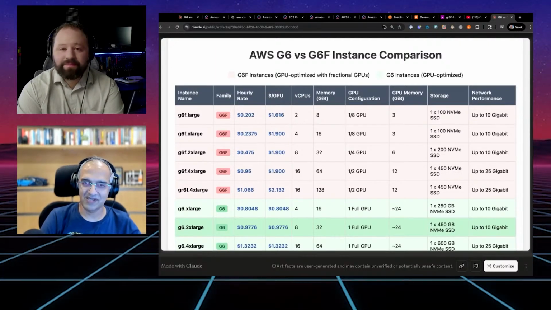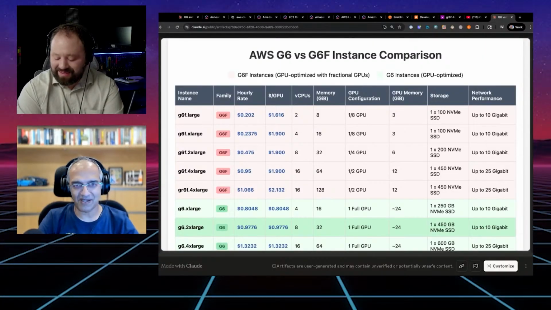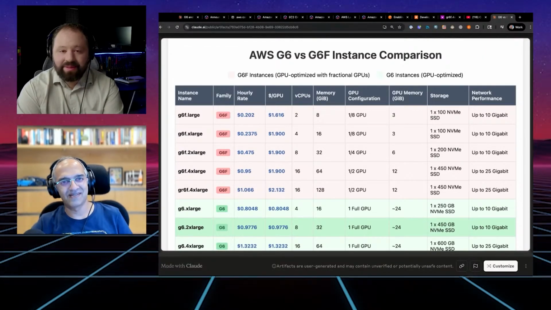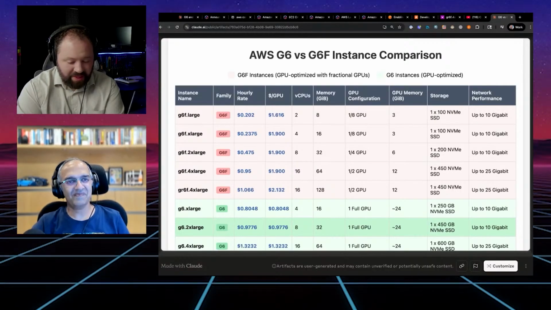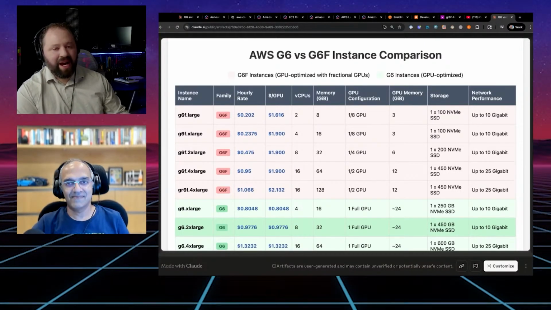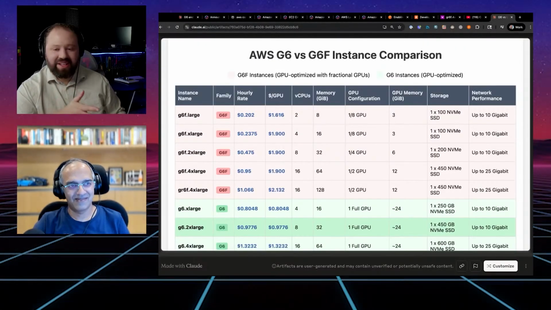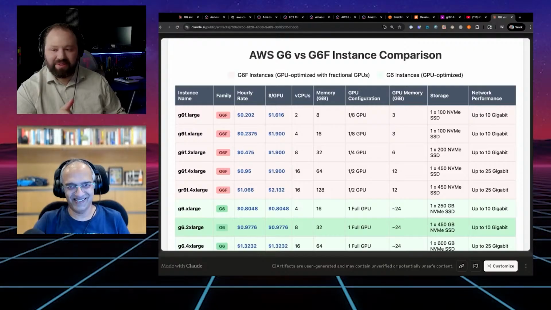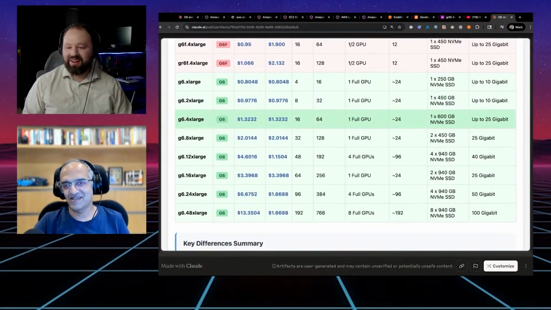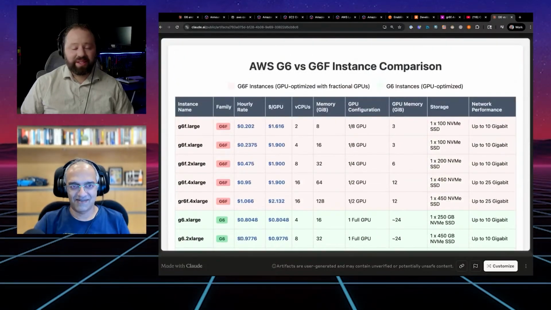About how to make choices. Again, I think my advice would be start with the budget and then work backwards from there to figure out which one gives you the best bang for the buck. And then of course you can optimize with Compute Optimizer, but then you still have to be non-optimal for a while before it figures that out. You do want to try and hit your target as best you can first, right? Don't just get the largest one and then wait for its recommendation, because then you're burning $13 an hour for 30 days or 14 days.